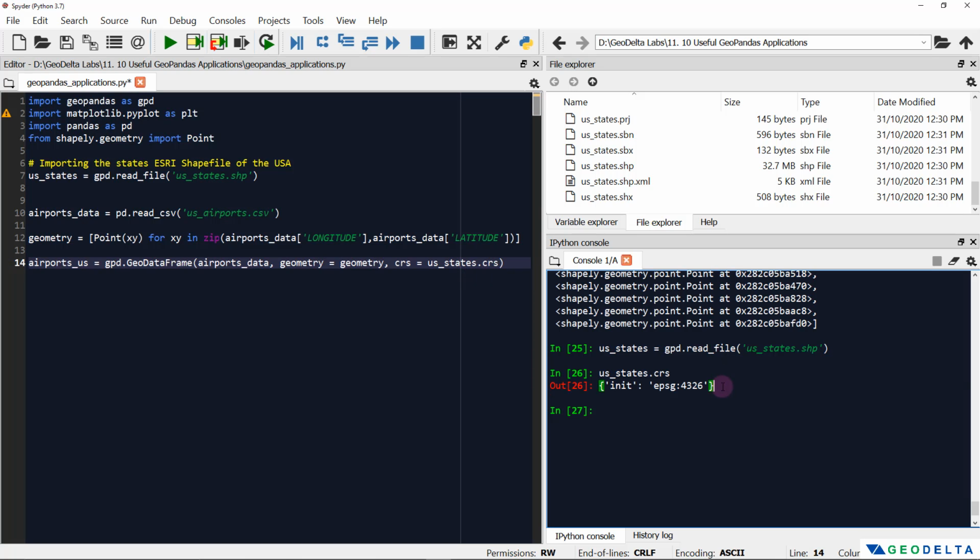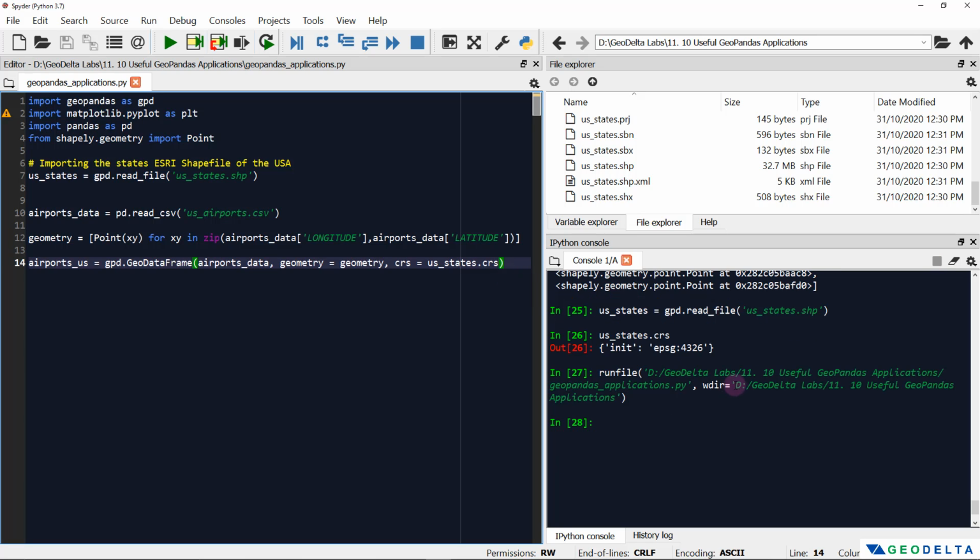That's an easy way to avoid typing out this right here, so that it'll directly extract that CRS from this existing US states geodata frame. After that I can run this one, and as you can see, it took about 2 seconds to run that command. And now if I wanted to plot this airports_US dot plot,